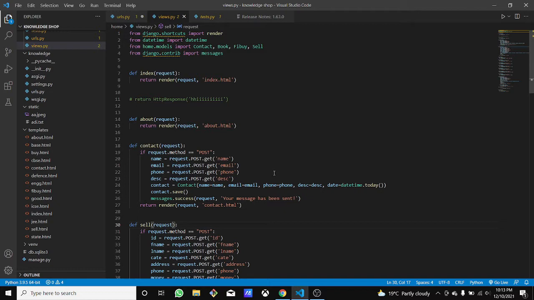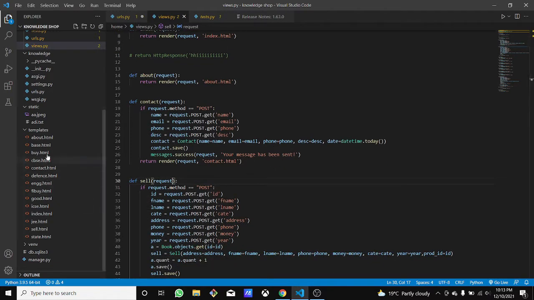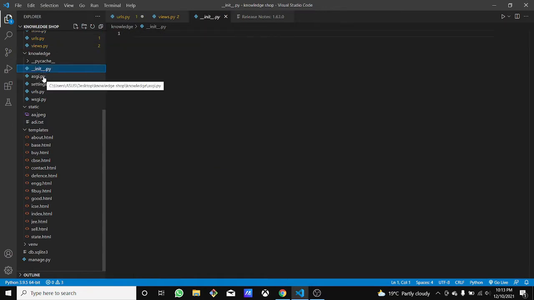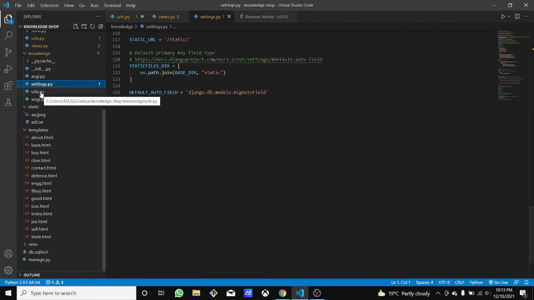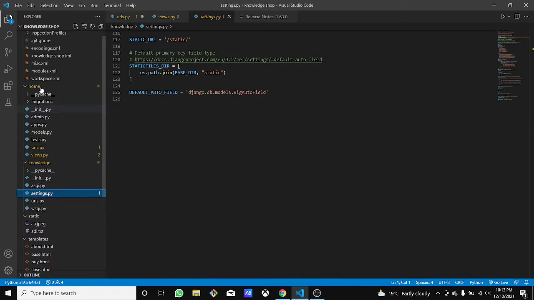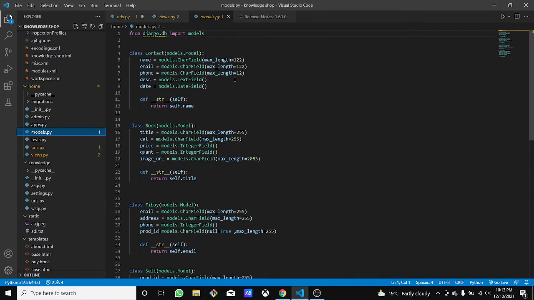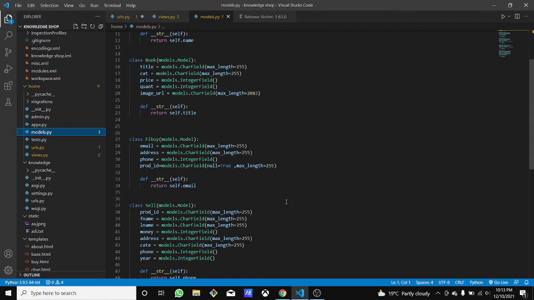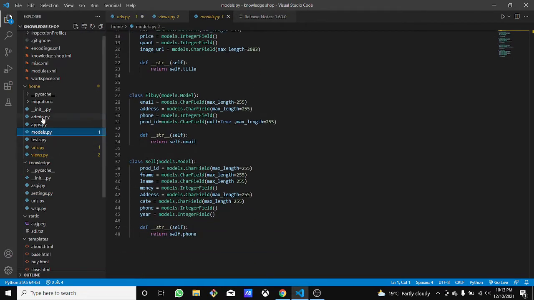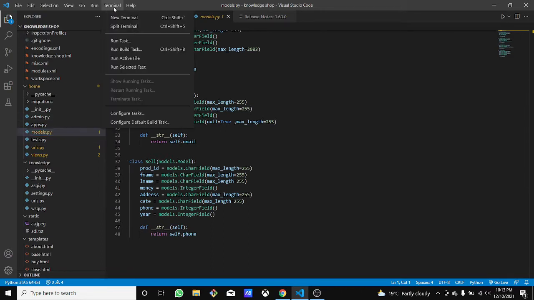Where you can buy books and you can sell books. First of all, these are the templates that we are going to use. Okay, and this is the basic app that we are having there, and after we move forward, these are the particular models, the database that we have, the classes that we use for that, and basically all these. Okay, so first of all, let's run this program, this website.